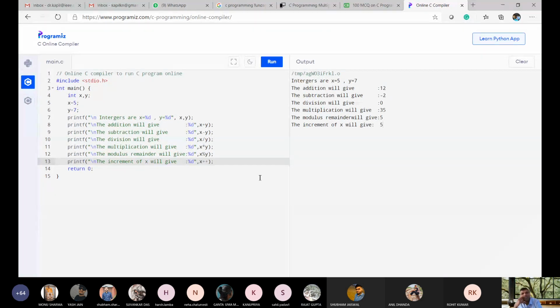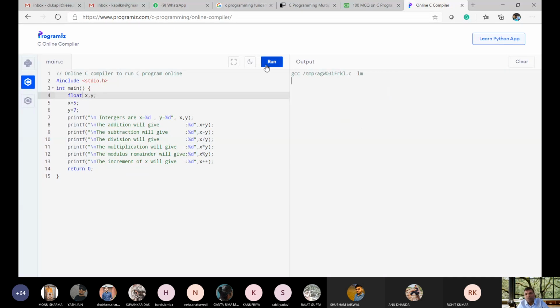Yes, sir. Is there any incorrect answer? Yes, sir. Where? So increment. Increment of x. 6 on a For an increment. Division. Okay. Sir, division. Division is correct. Division, there is no problem. Integer division will always give you, if you are checking integer numbers, then it will be correct. Okay. Division is correct. There is no issue with division. If I change this to float, then definitely it will give you the right answer.